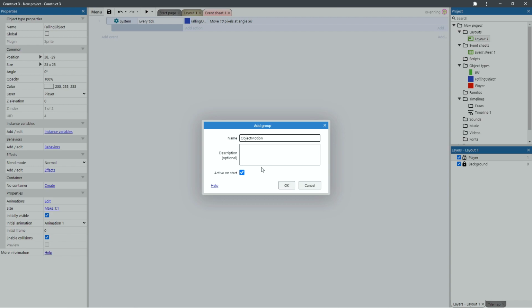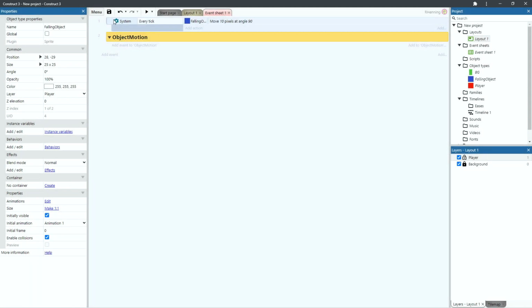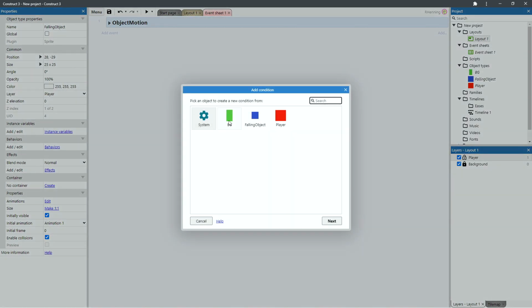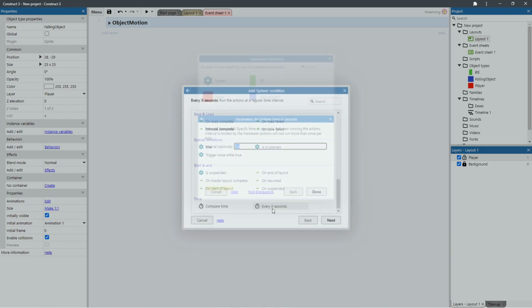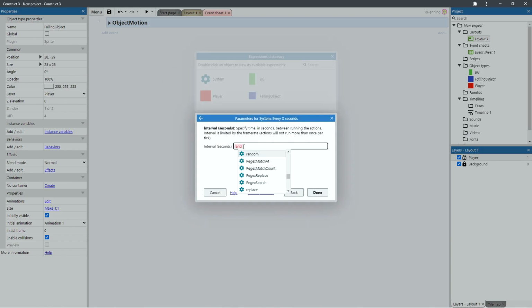Right, every random amount of time between, let's try 0 and 3 seconds, we'll generate a new object so that there are objects to catch or avoid. So we'll create another falling object, put it on the player layer,